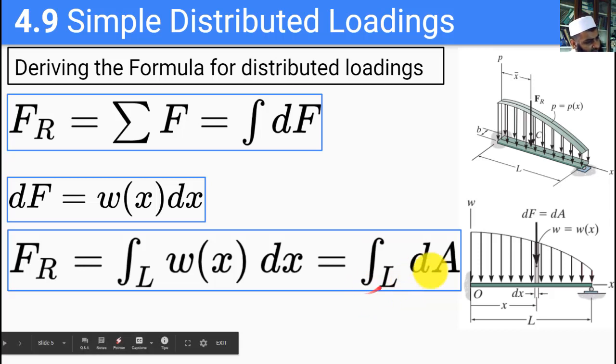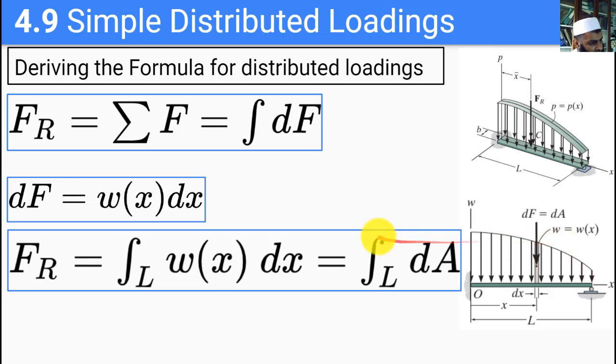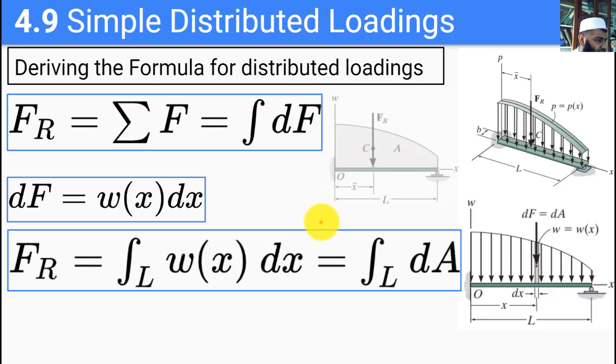So this integral basically gives the other form. Many times when this area is formed with straight lines, we can simply use the formulas for simple triangle and rectangle areas to solve for this integral. Okay, and so once we do this calculation, we would get a resultant force which can form the equivalent system for all the distributed loading.